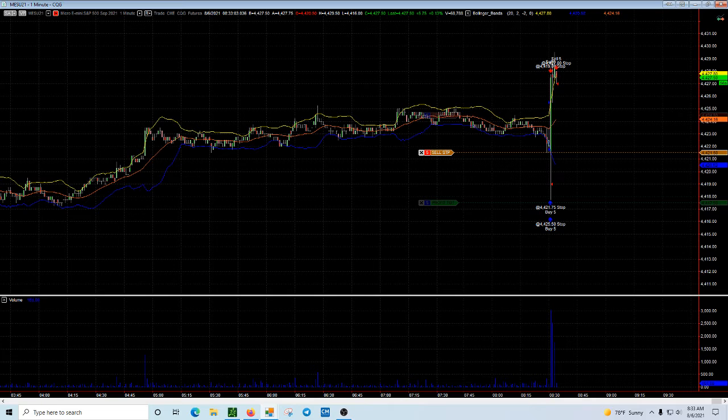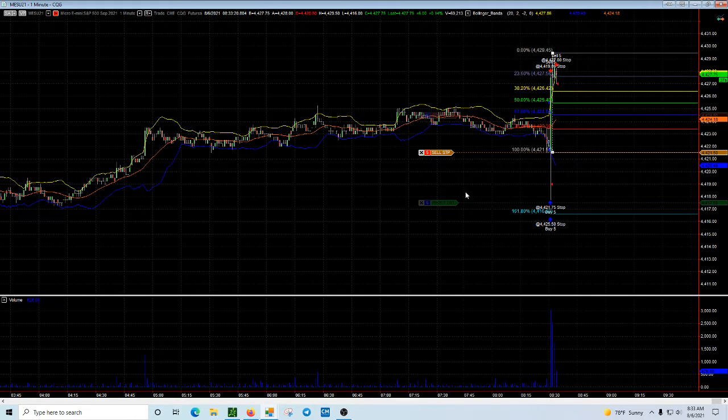I'm gonna go ahead and move a stop just to kind of lock in my profits there. And what I like to do in situations like this, I like to bring the good old fibs into play. Get that out of the way. Because there is always a retracement, at least with the ES.